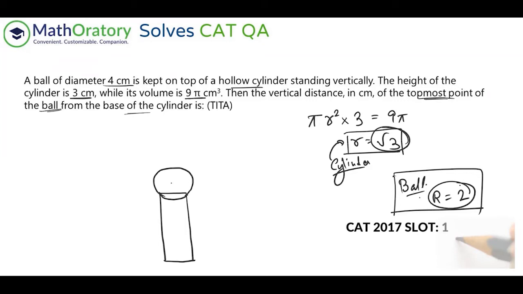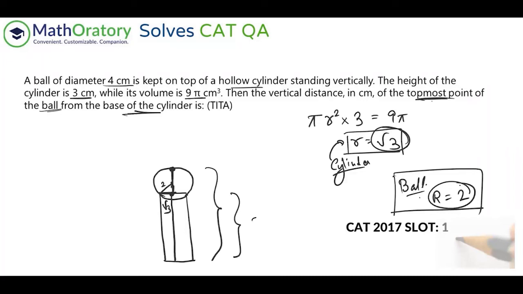Now the center of this ball will be somewhere outside because, as I said, more outside than inside because the radius is bigger. So this part is corresponding to 2, right? And if you think in this way, this will also be the center of the base radius of the cylinder, right? So this much is root 3, right? So if you figure out this, we can figure out this entire thing. That is what we're looking for, right? The topmost point from the base of the cylinder.